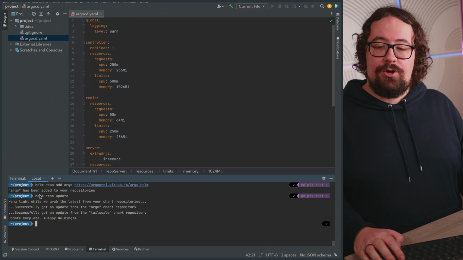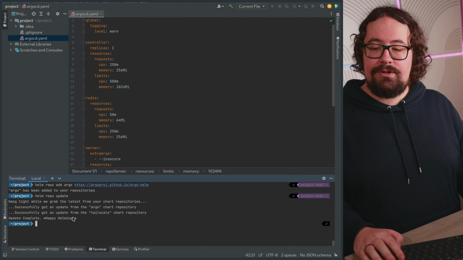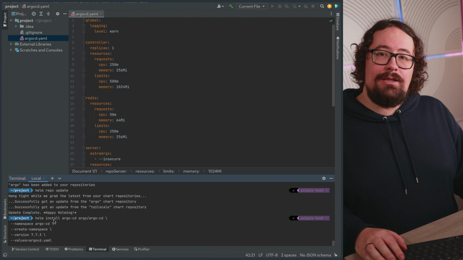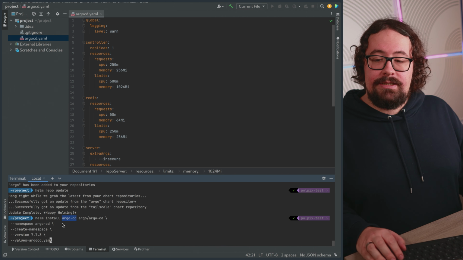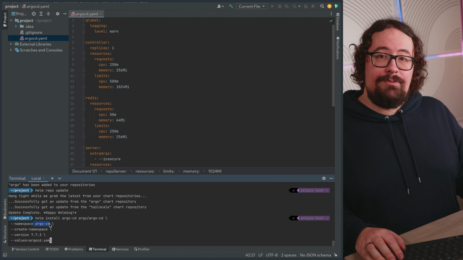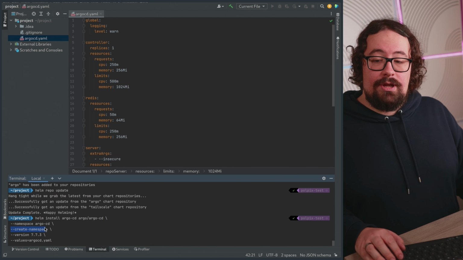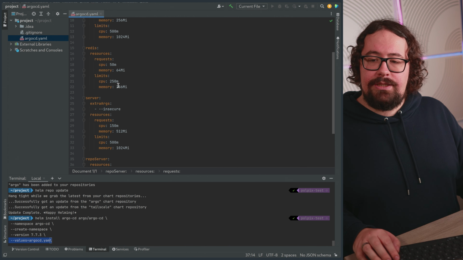We can then do helm repo update to get all the different updates from the different repositories we have installed. And then we can do a simple helm install command. So what I'm going to do here is helm install. I'm going to give the installation the name of argo-cd. I'm going to point to the Helm chart here. I'm going to put everything into the namespace of argocd. We're going to create that namespace. I'm going to install this version of the Helm chart,